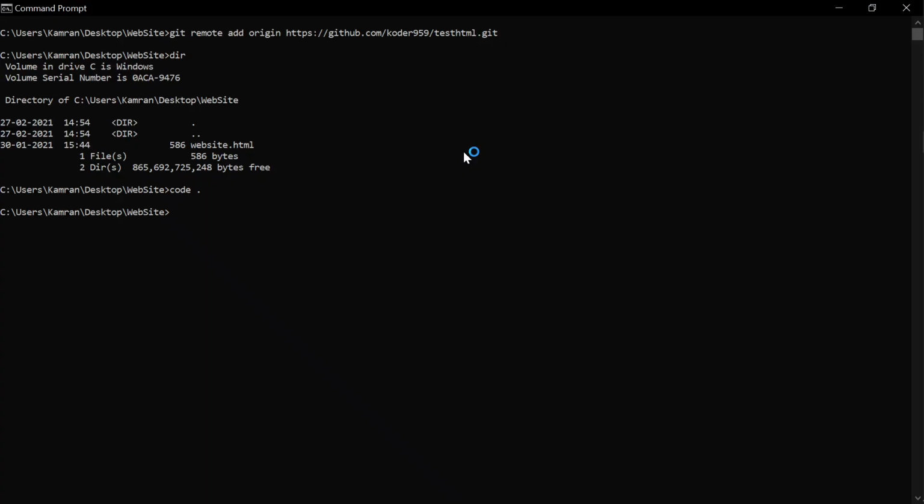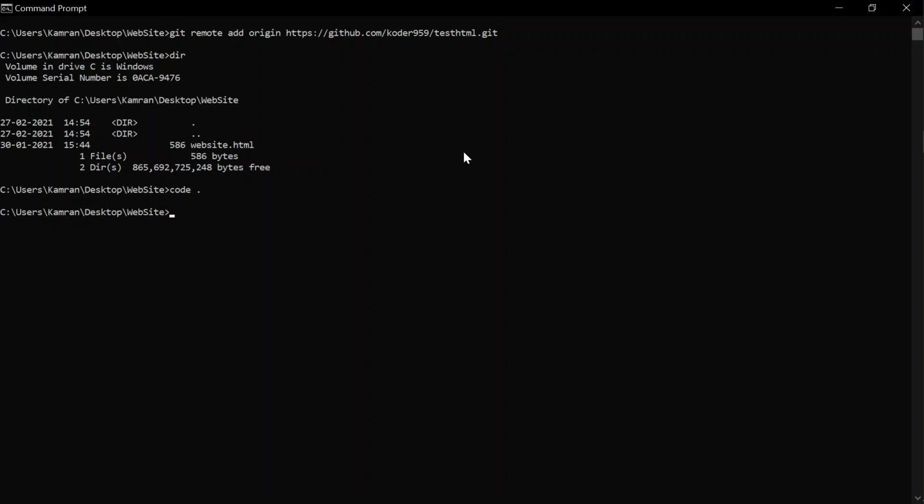So how to do that? There are 3 steps you have to do in order to put your code into the GitHub repo. First step will be adding your files which you want to stage. In order to push or put something on the Git repo, you have to first stage it. Stage basically means you are committing these files or changes, and you are saying that these are the things I am going to push or put onto the GitHub repo. So for that you have to add files.